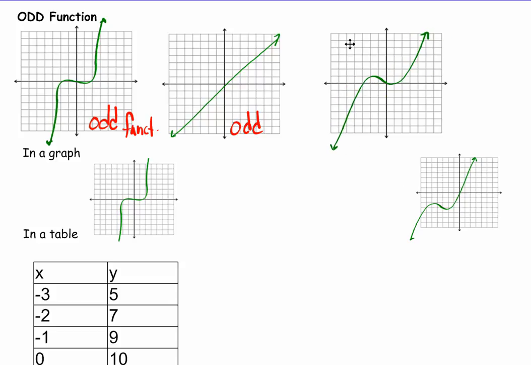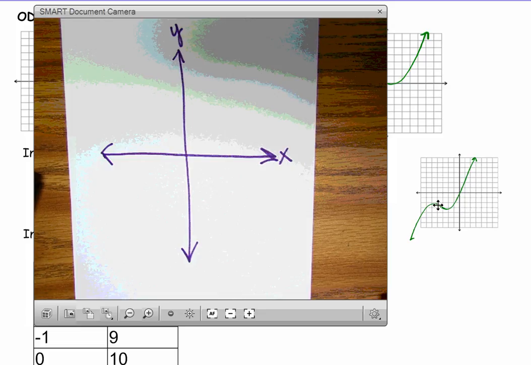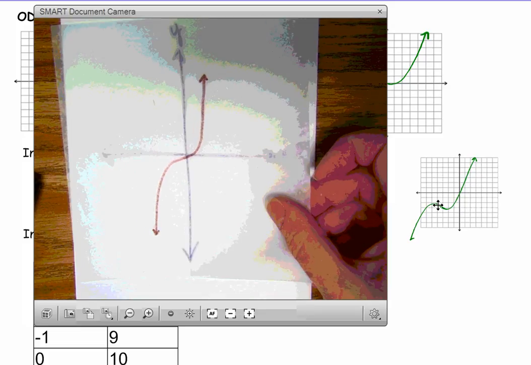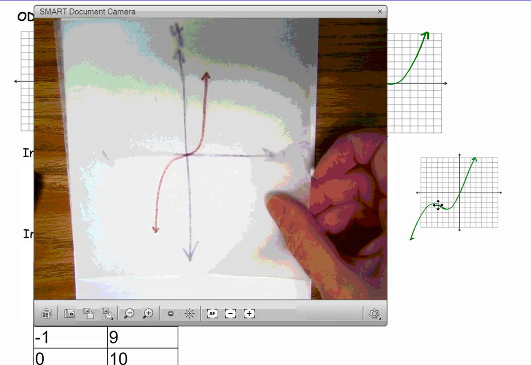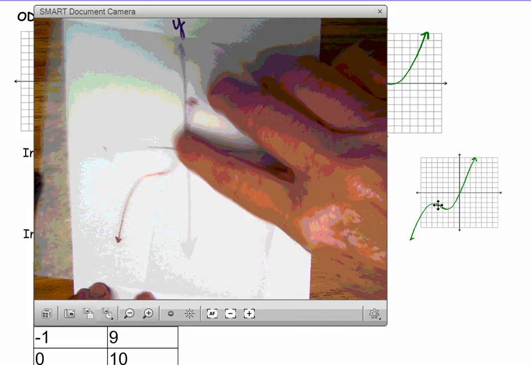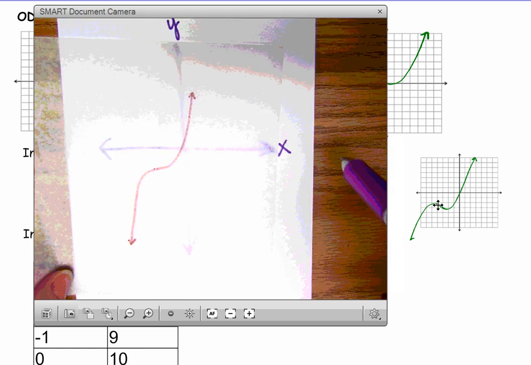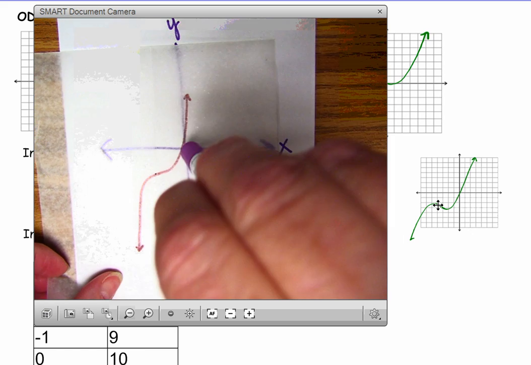All right, let's take a video and look at what I've got going on here. Oh, look, Mrs. Peters has a really handy-dandy graph. So here I have one that will rotate about the origin. And if I rotate it about the origin, it looks the same. Now if I have my graph over here, like in that second picture, and I rotate about the origin